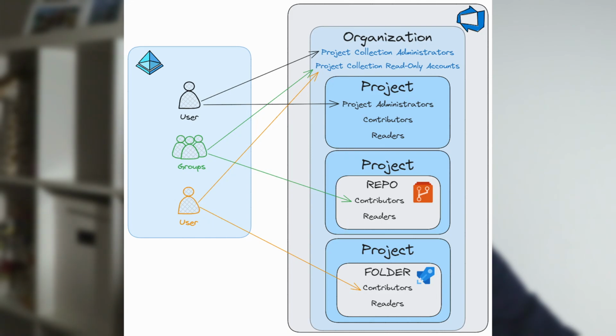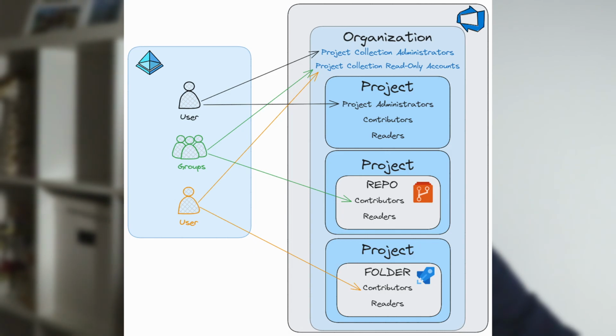Today, we'll explore how you can control these permissions at the organization, project, and even repository levels. Let's start with a brief overview of how permission works in Azure DevOps. On the screen, you can see users and groups assigned to security groups, which are essentially pre-configured roles by Azure